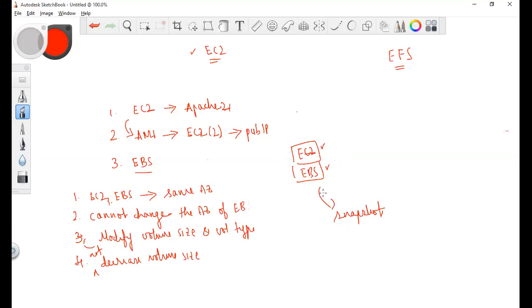What is the difference between the snapshot and migration snapshot? What is migration snapshot? Can we detach the root volume? That's basically a question I usually ask my students. Yes, we can detach the root volume, but we need to stop your instance to detach it, because this EC2 instance runs through the root volume only. So you can stop it and detach it. Without the root volume, you cannot run your EC2 instance.